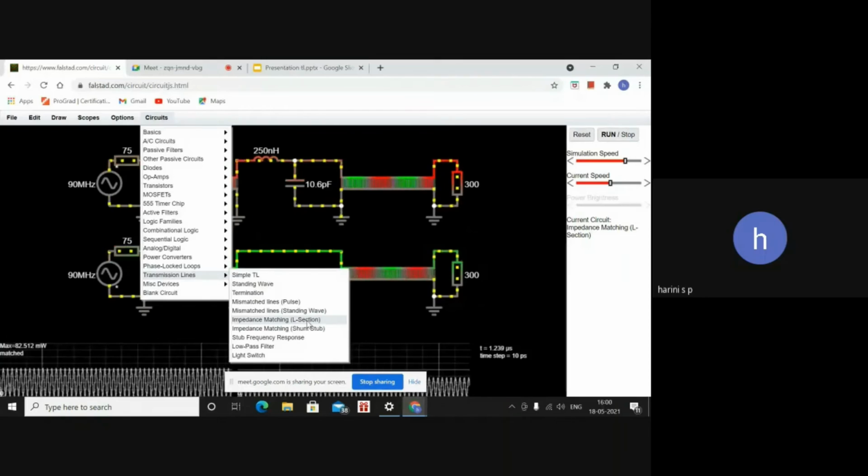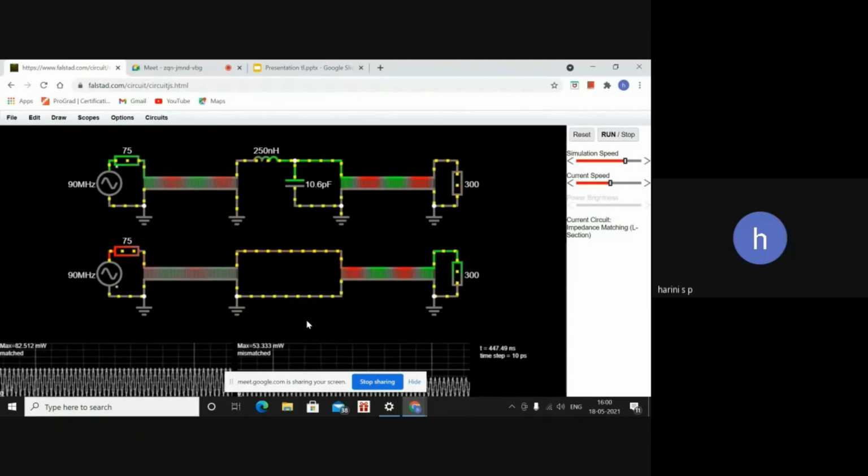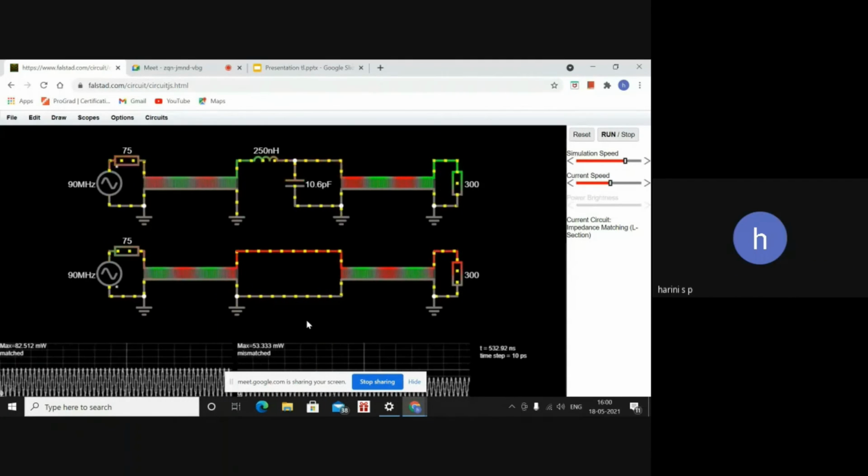L section. In this circuit, impedance matching to minimize reflections is achieved by making the load impedance equal to the source impedance. The L section is nothing but a combination of inductor and capacitor circuit.